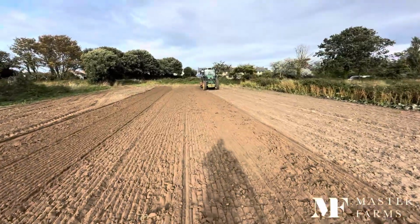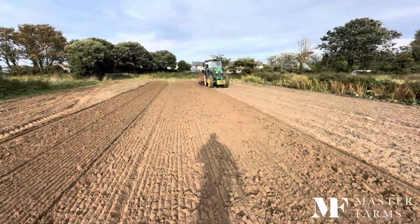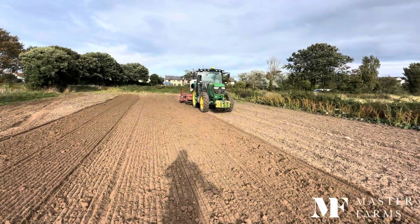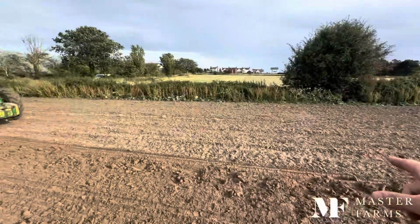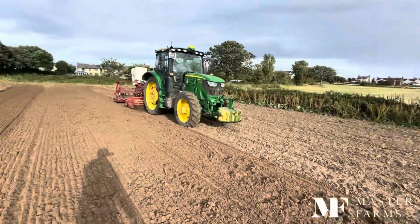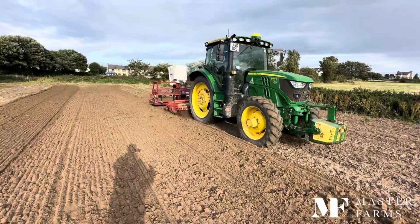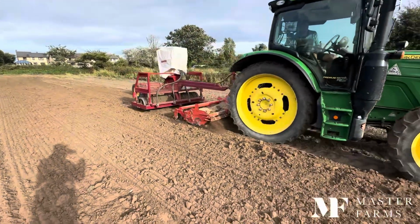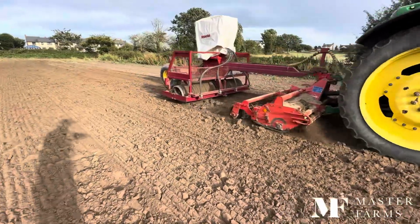So yeah, it's doing a lovely job. We're saving a pass. Beforehand, this has just been subsoiled, we'd have had to probably rotovate it once or cultivate it once to level it off, take out any weeds, then broadcast it, then mix it in again. Whereas now we're doing it all in one pass. Rotovator mixing in, and then